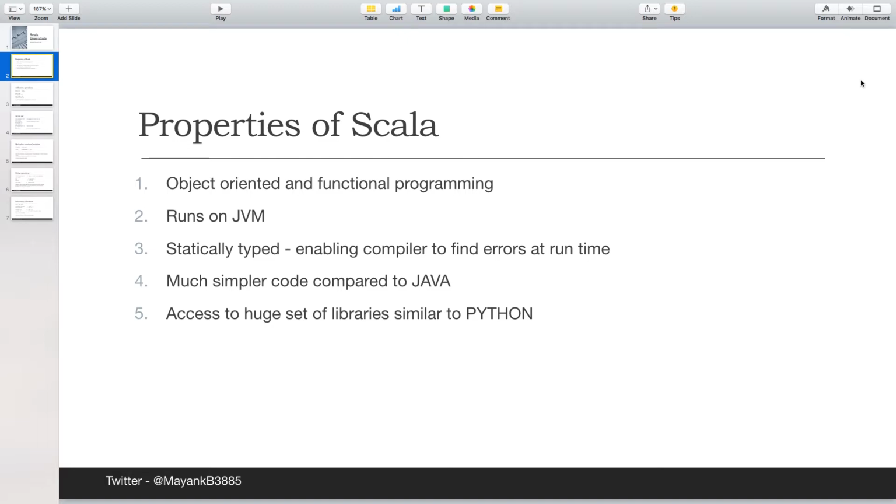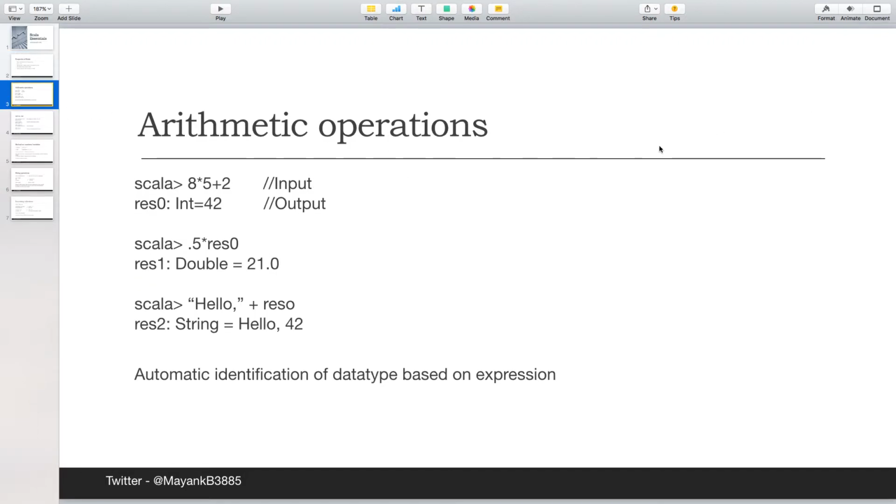And it's much simpler to code compared to Java. We'll have a look later at how Scala code is much more concise in terms of syntax. And similar to Python, it has access to a huge set of libraries through which you can perform a lot of different functions. So let's jump into some of the code.